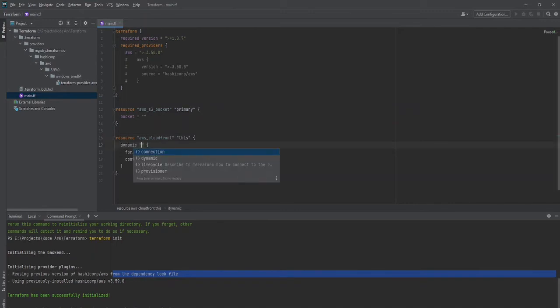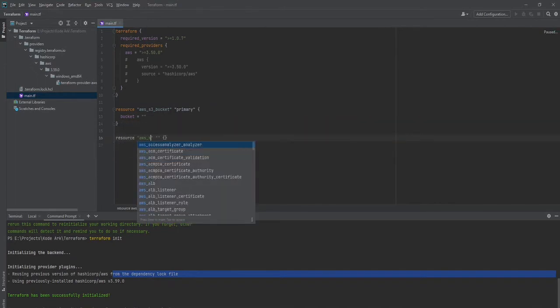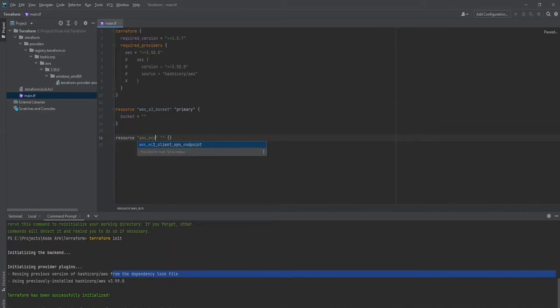This is how the resource block depends upon the exposed API, such as the EC2 client or endpoint. So the blocks are different.